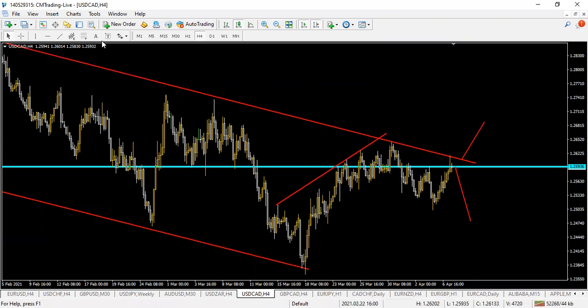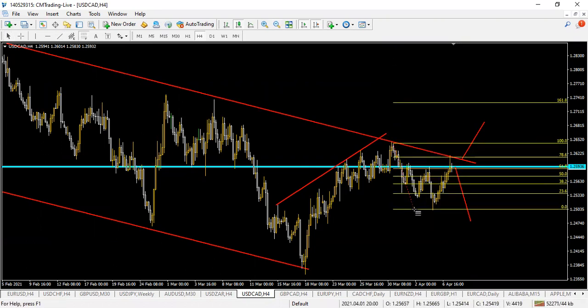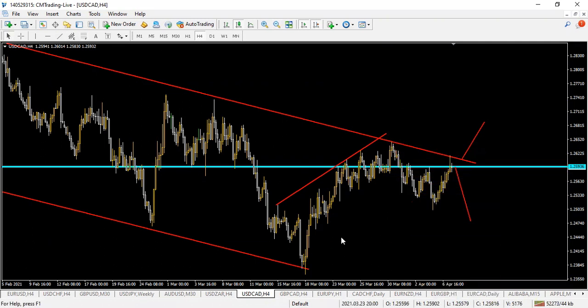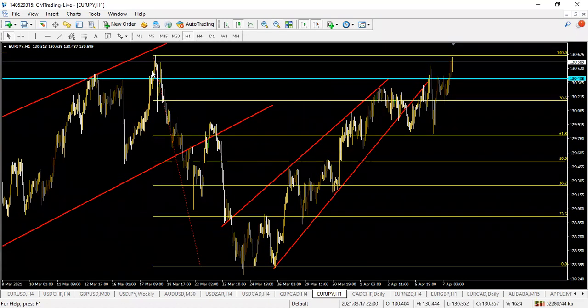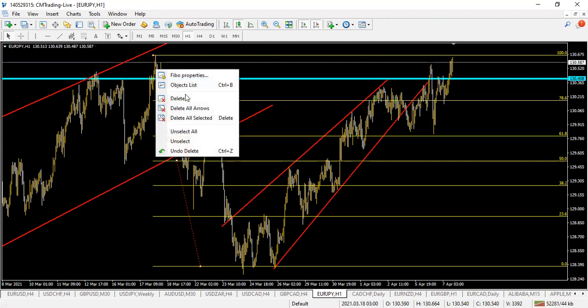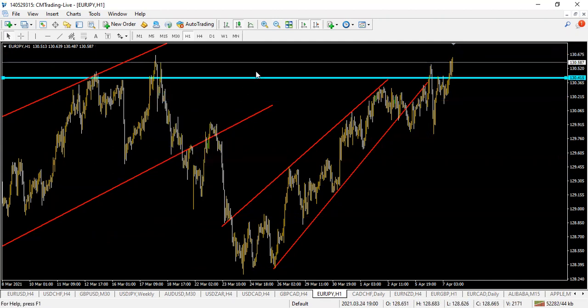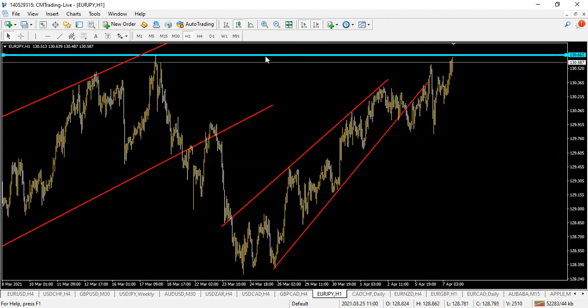So let me just quickly use my Fibonacci tool here. I think this one is valid. It is valid. And then there's other things like Euro JPY, which didn't really work out the way we wanted, but it is now at the previous high, which may be also called the supply zone. So if you look at this level right here, it's a beautiful level, and market has been honoring this level.